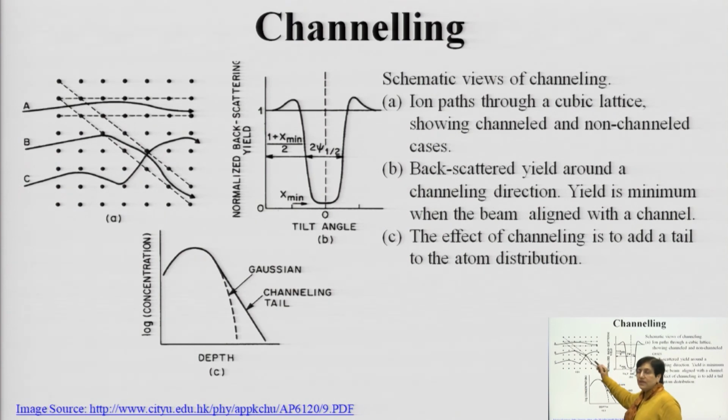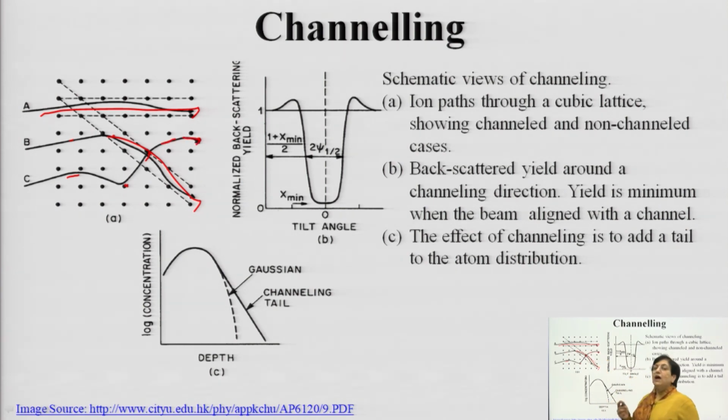Here also the same thing is being depicted. In case A you have a directly moving atom or ion. In case B, it has suffered directional channeling, and because of that, rather than moving straight, it has moved only in this direction. The third one is, so far it was going straight, here it has collided with this atom, moved away from it, and further here it again collided with the second crystal atom, and deviated in this direction.